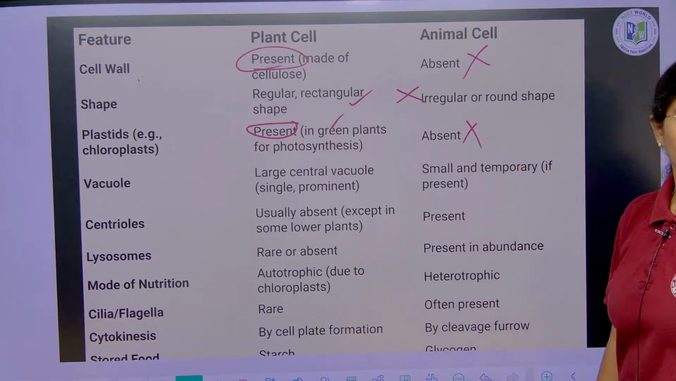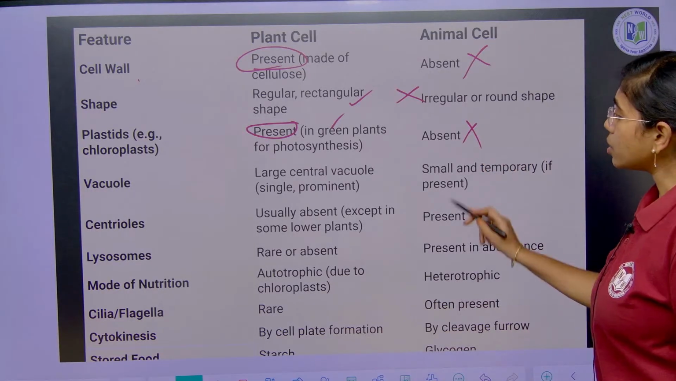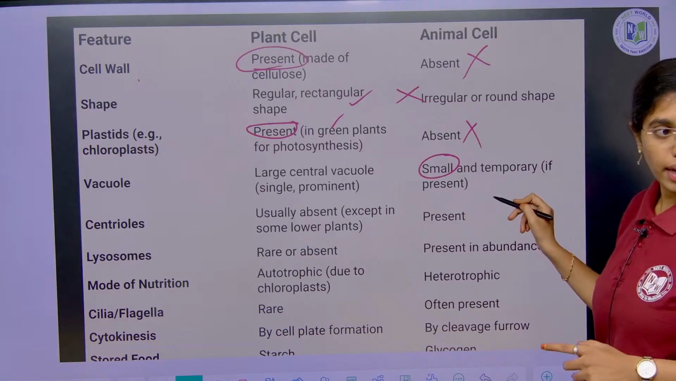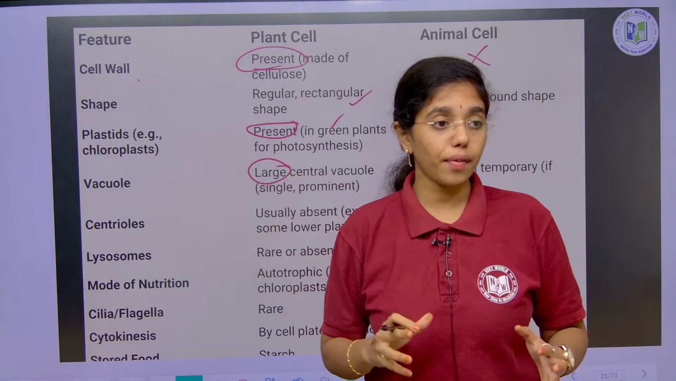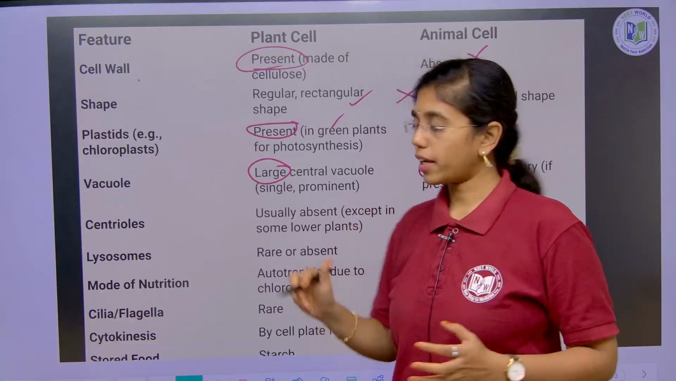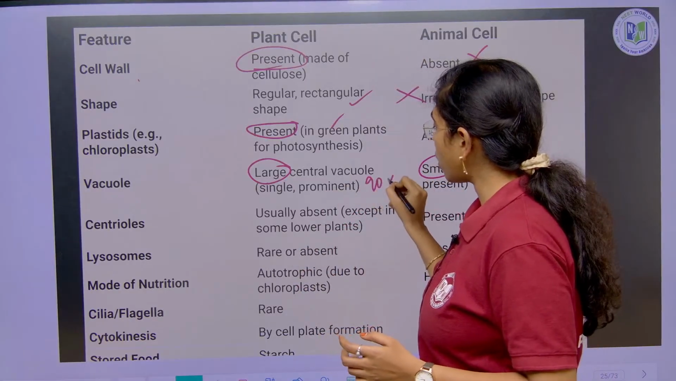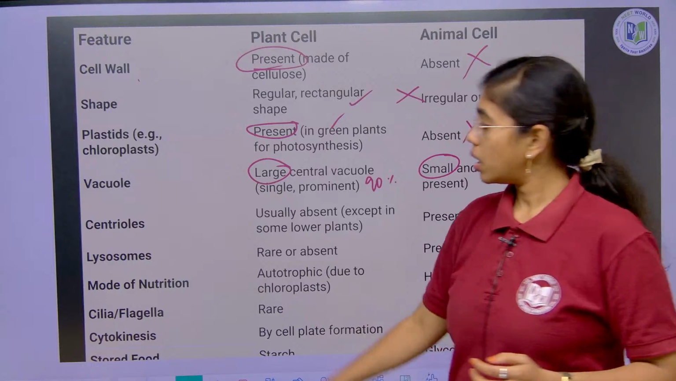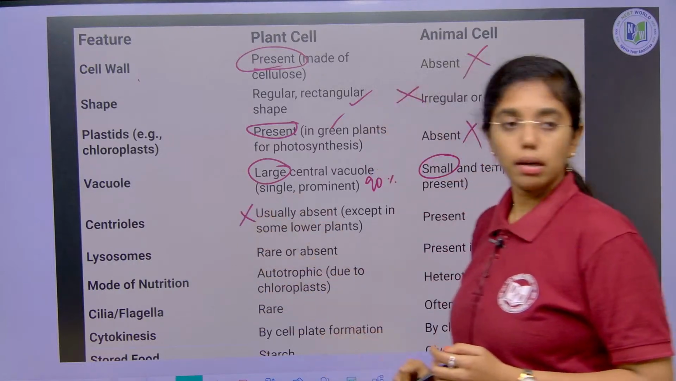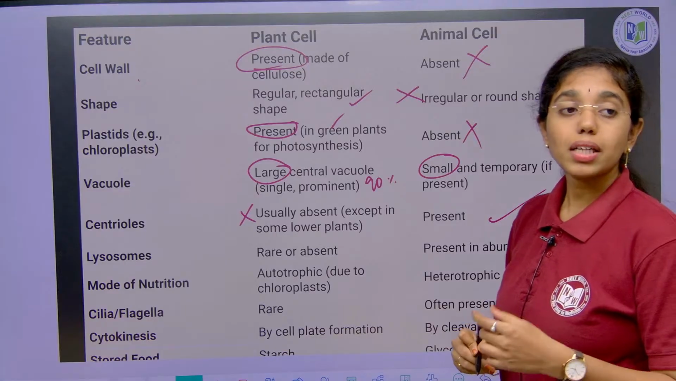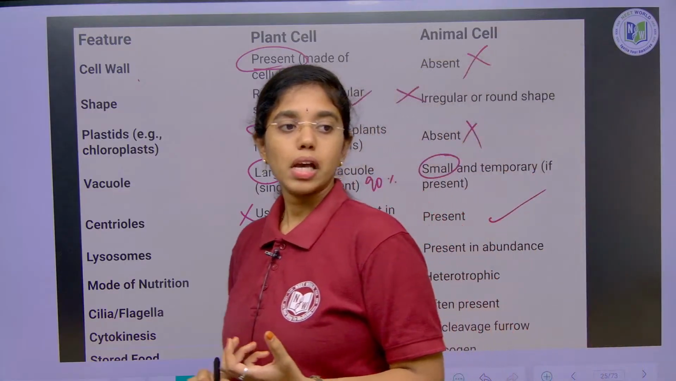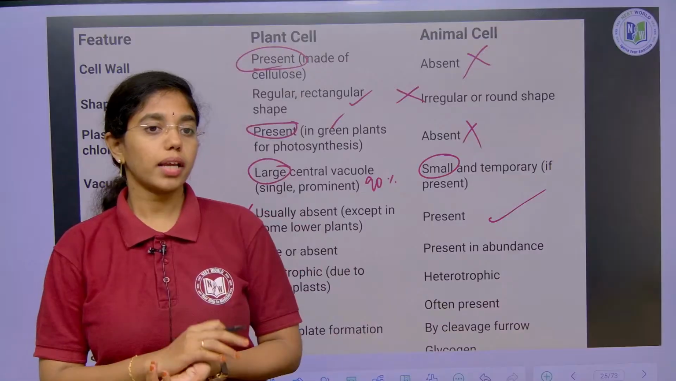They are absent in animal cell. Vacuoles are very small or limited in an animal cell, whereas it is large in a plant cell. It can form a large central vacuole, also known as sap vacuole, which occupies how much percent of the plant cell? 90%. Centrioles are absent in the plant cell. Centrioles are present in the animal cell. What is the function of centriole? Centrioles function, if you remember,